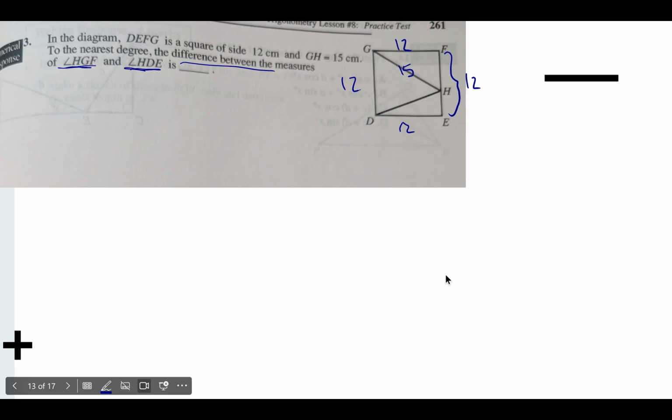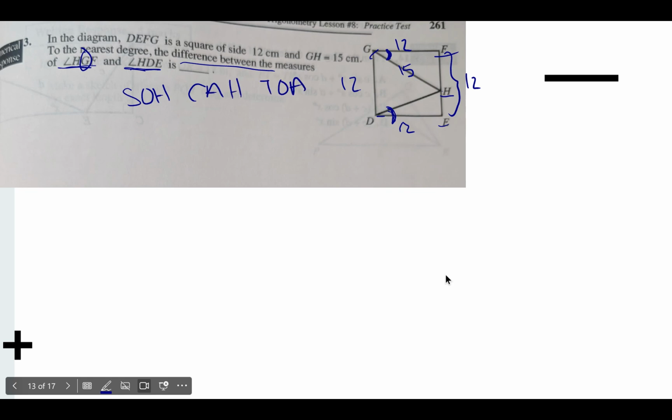So HGF, if I follow H to G to F, is going to be this angle in here. And if I want HDE, so H to D to E would be this angle in here. So the 3 letters tell you which triangle, the middle letter tells you which angle. So looking at SOHCAHTOA,